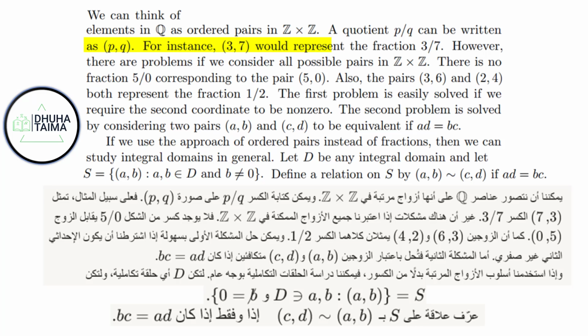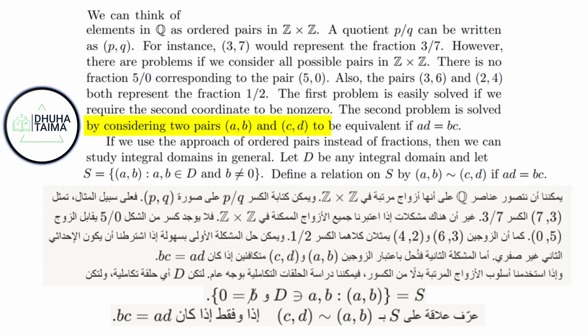However, there are problems if we consider all possible pairs in Z times Z. There is no fraction 5 divided by 0 corresponding to the pair (5, 0). Also, the pairs (3, 6) and (2, 4) both represent the fraction 1 divided by 2. The first problem is easily solved if we require the second coordinate to be non-zero. The second problem is solved by considering two pairs, (a, b) and (c, d), to be equivalent if